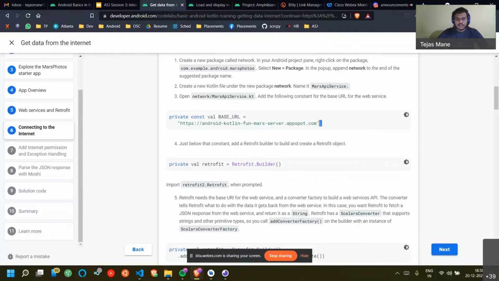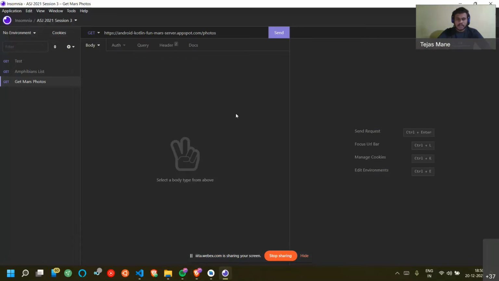So what is a base URL? Basically there is a base URL, then the path. The base URL is the same for all the requests, and then comes the path. Whatever you want to achieve, like you want to get something, there is a separate path for every data available. So we can test this path in applications like Insomnia. There are other applications like Postman also. You can test your APIs, and these apps will help you understand what the request is, what parameters and headers are required, and what the response is like.